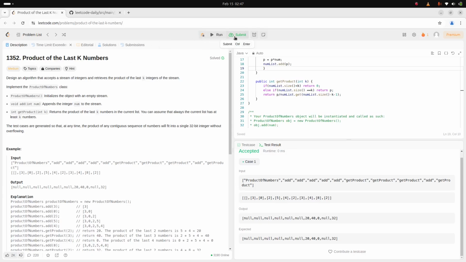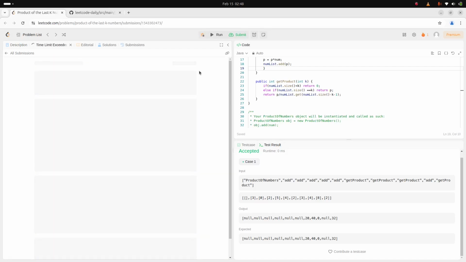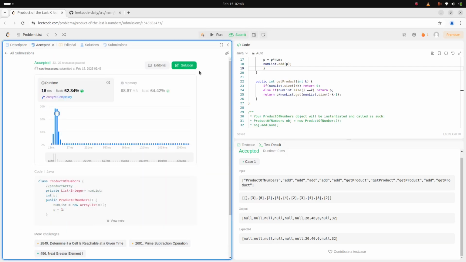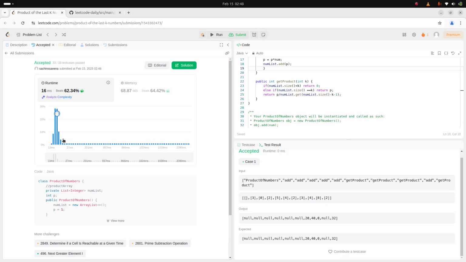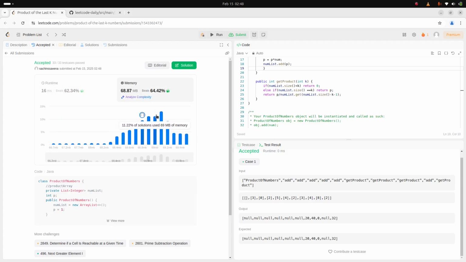We're now going to submit and see. Alright, a bit bigger on the runtime, which is not a problem. And much better on